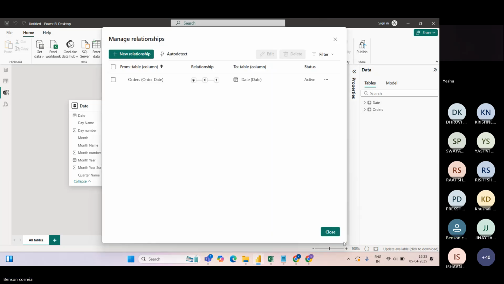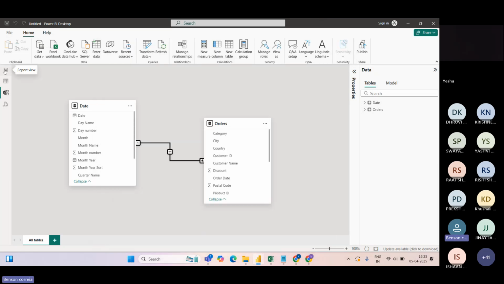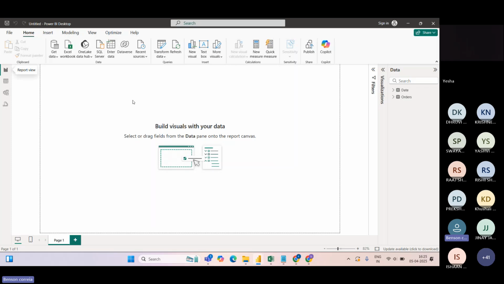Now I can come to my report view. Now my data has been taken into Power BI. My relation between two tables has been made and is active. Now I am in a good state so that I can make visuals as I require. So till this point,